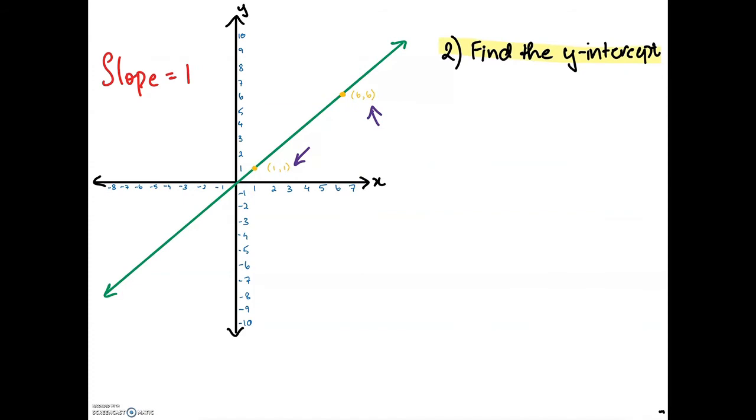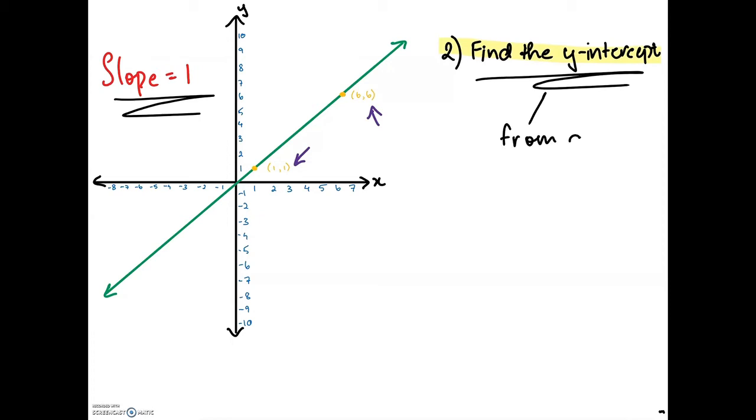Okay, so now that we found the slope, which is 1, and I've written that over here on the left, we're going to want to find the y-intercept. That's the second part of finding the equation, the second thing we have to do. Normally you can see the y-intercept from the graph. I will show you in the next example what to do if you can't see the y-intercept in the graph, but for now,